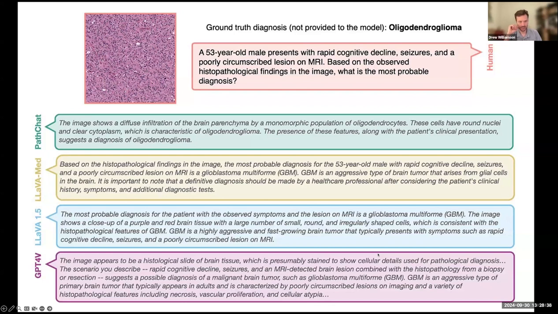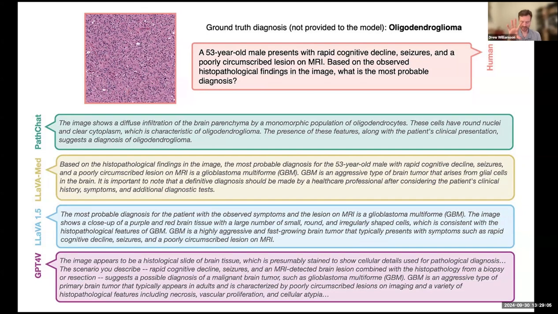Here's an example of one of these question and answer things that we use to evaluate here. So here's a picture of an oligodendroglioma. It's a type of brain tumor. And we give some clinical context and ask some open-ended response. And we get 4 different responses here. And what we wanted to do as part of the evaluation was to get a better sense of,